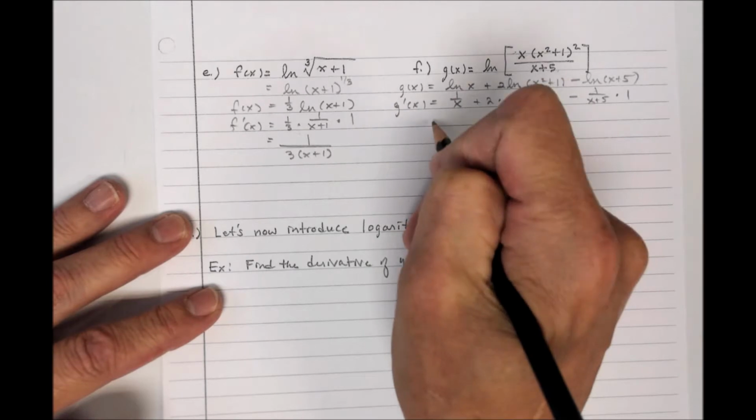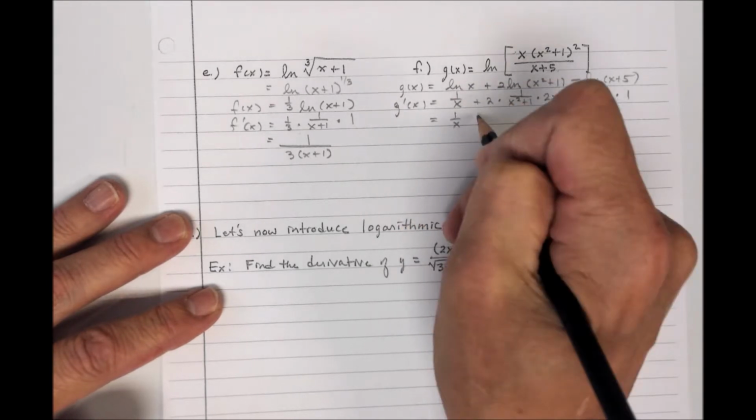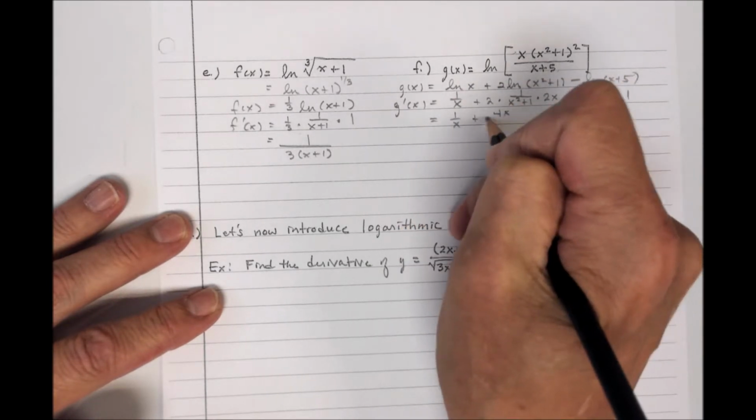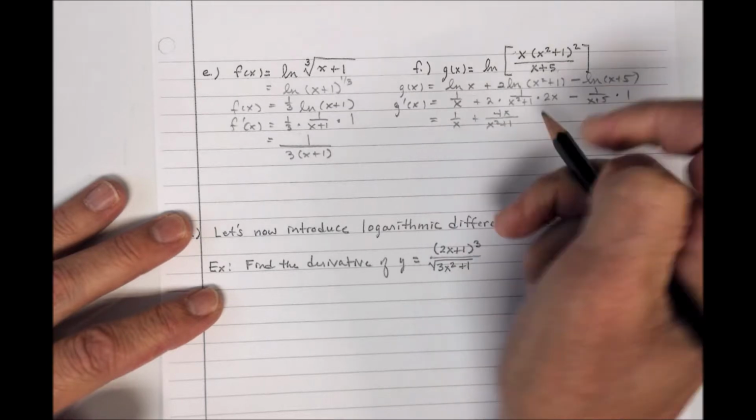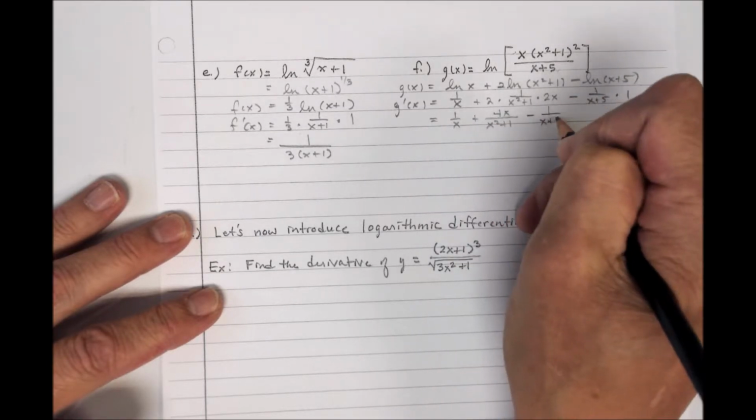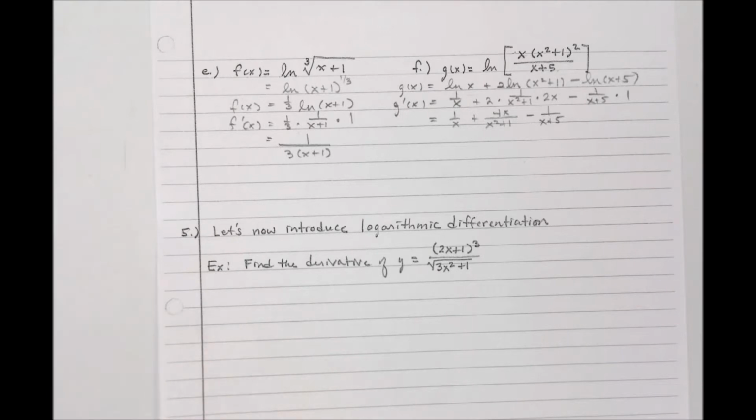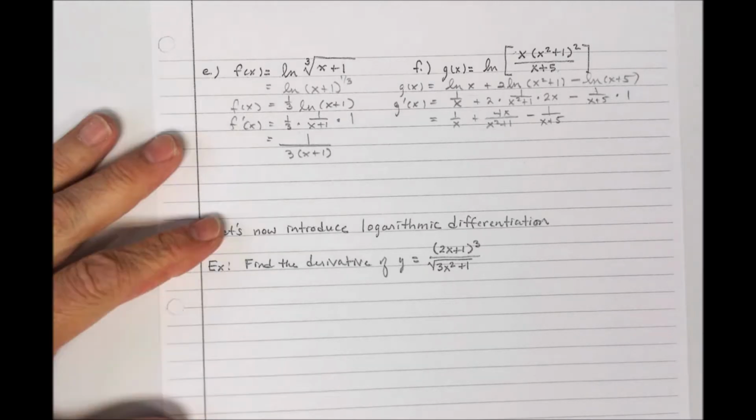So this would be 1 over x plus 4x over x squared plus 1 minus 1 over x plus 5. Now there's nothing really all that wrong with leaving your answer in that form, unless of course you have to find critical numbers or something along those lines. But you go to match your answer in the back of the book, and more than likely they have taken a couple of extra steps of algebra and they have written this as a single rational expression, which would mean you'd have to get a common denominator,